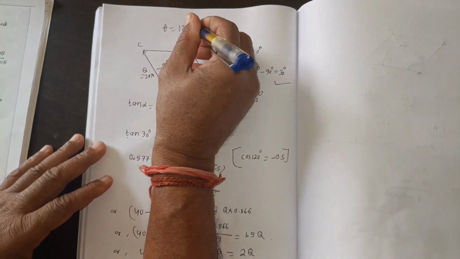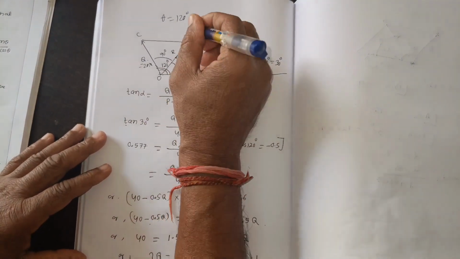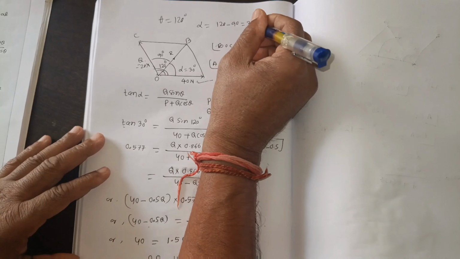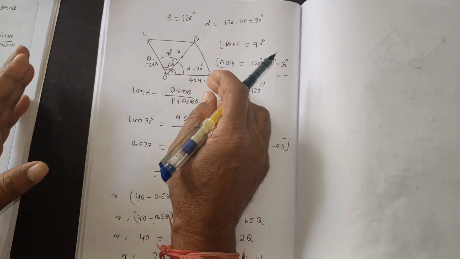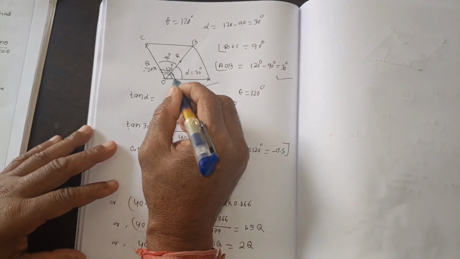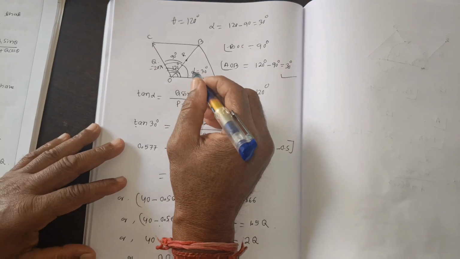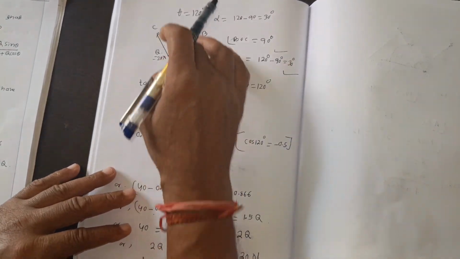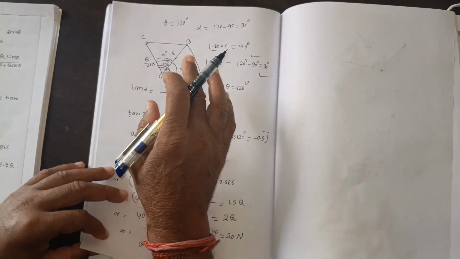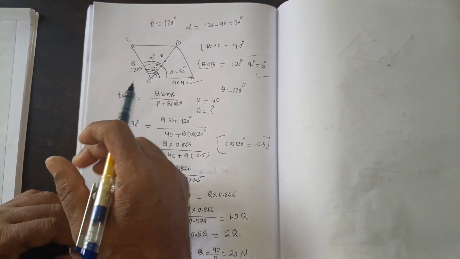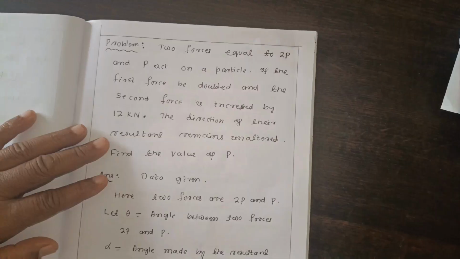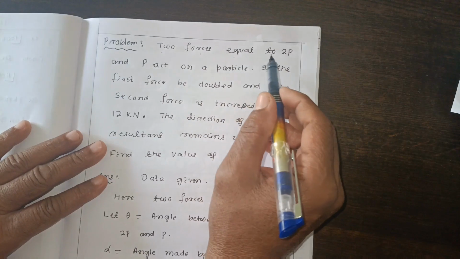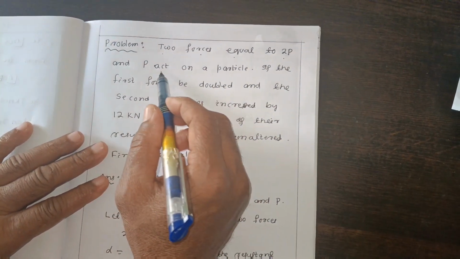Here theta is equal to 120, this angle is 90, therefore alpha is equal to 120 minus 90, which is 30. Next, I will discuss another problem. The second question is like that: two forces equal to 2p and p act on a